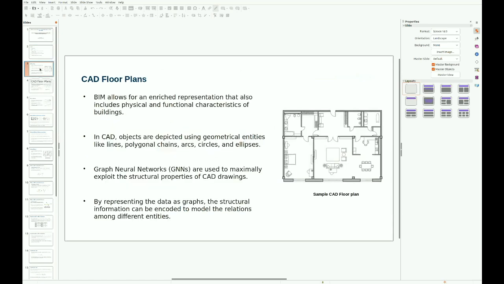So coming to CAD floor plans, these are computer-aided design floor plans of buildings, and we have used BIM, which is building information modeling, which allows for an enriched representation, where we have the physical and functional characteristics of buildings. In these floor plans, all objects are depicted using geometrical entities, which you can see as lines, arcs, and circles in a CAD floor plan. We have explored these entities using graph neural networks so that we could exploit the maximal structural properties